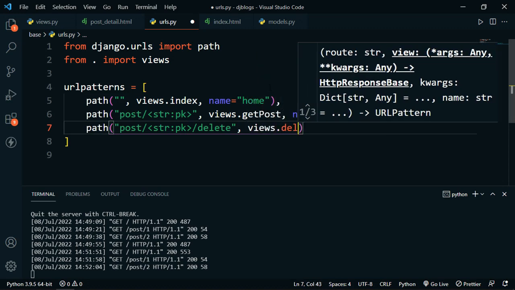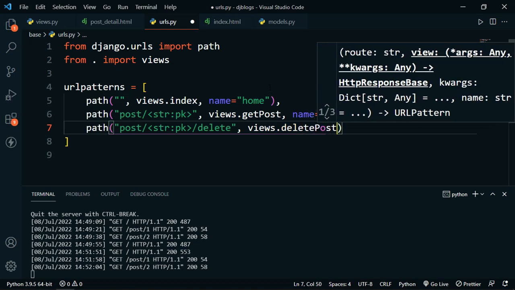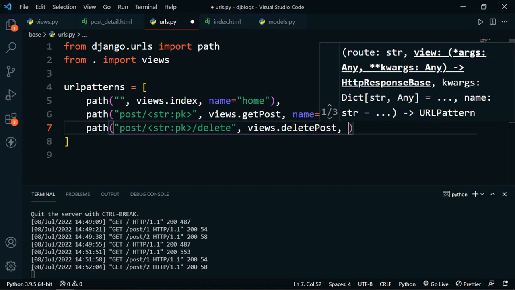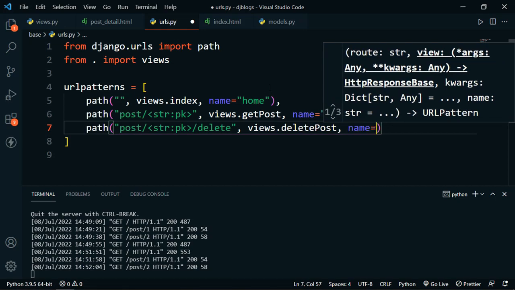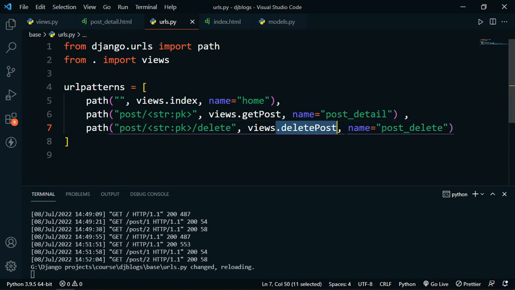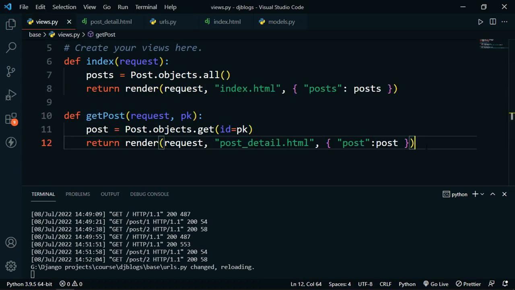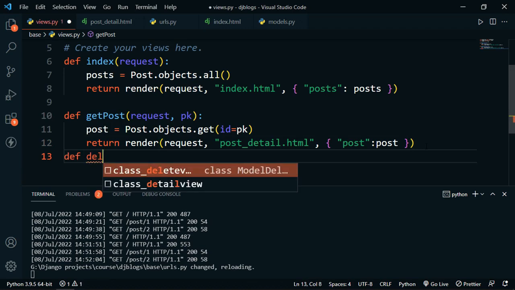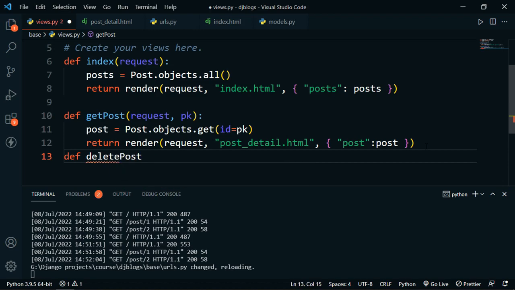views.delete_post, and then I will name this post_delete. Let's save this file, and let's create this delete_post in our views. So in this views.py file, I will define a view named delete_post. It will accept request and pk,